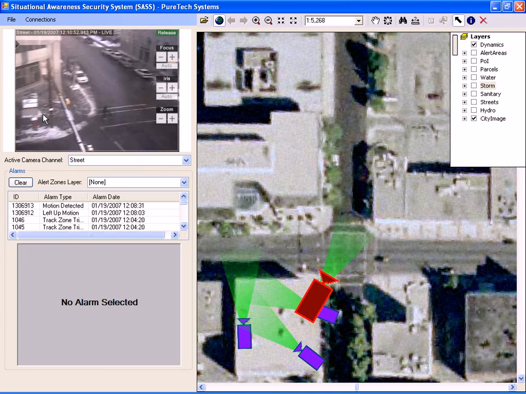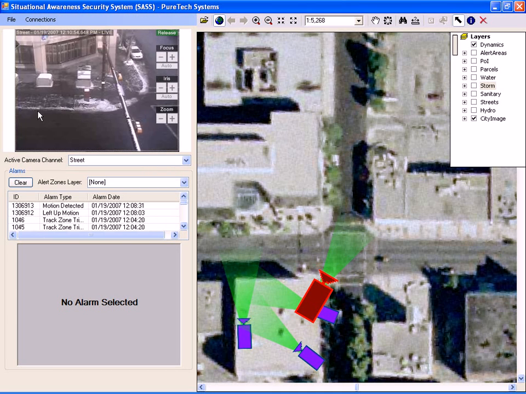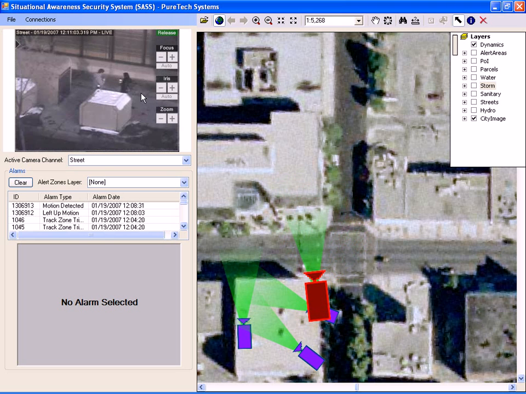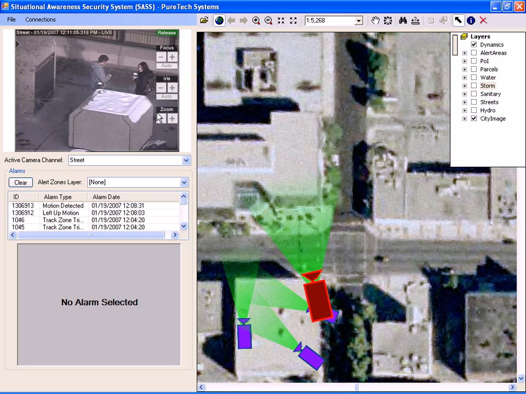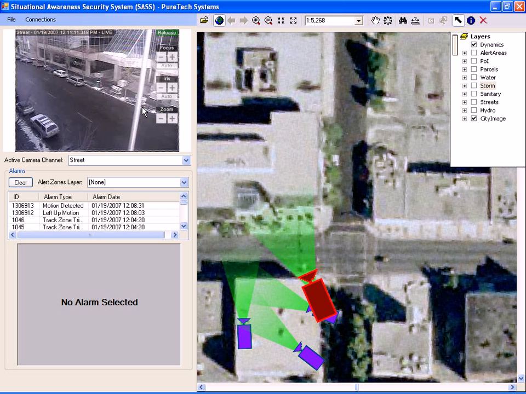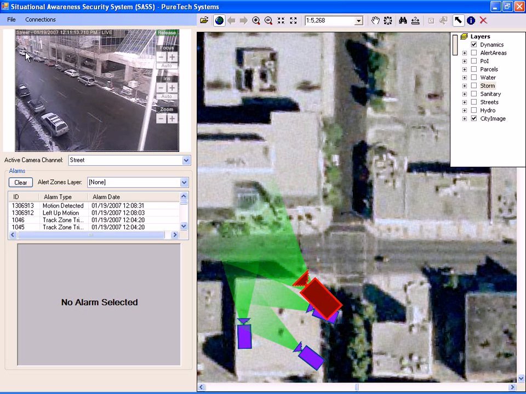Video surveillance has been long used by organizations and agencies who are working to protect their facilities and infrastructure. What we have done here with our partners PureTech Systems is integrate their video analytics suite with an Arc Engine-based application. One of the first integration points was enabling the viewing of the location and view areas of the camera